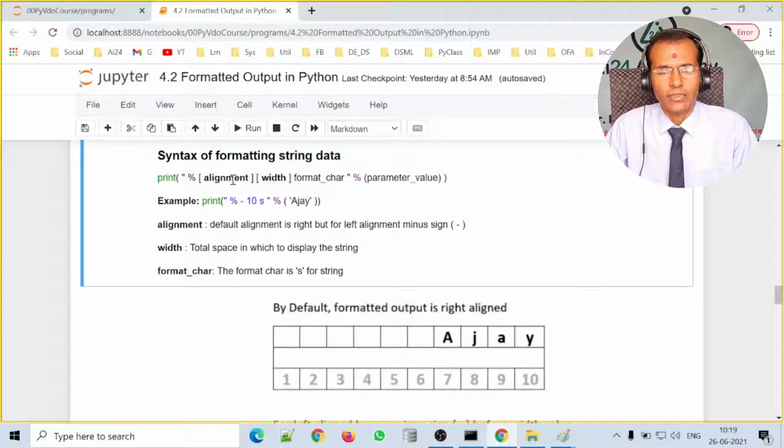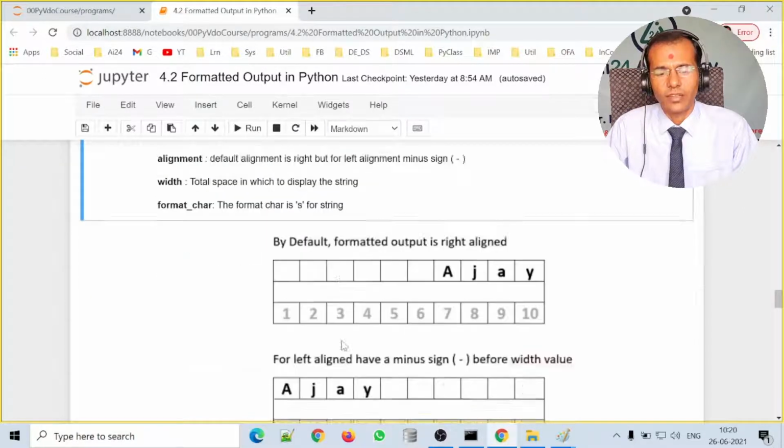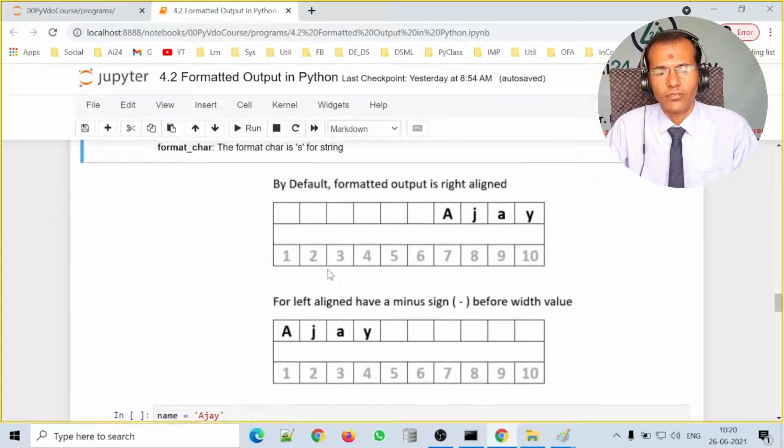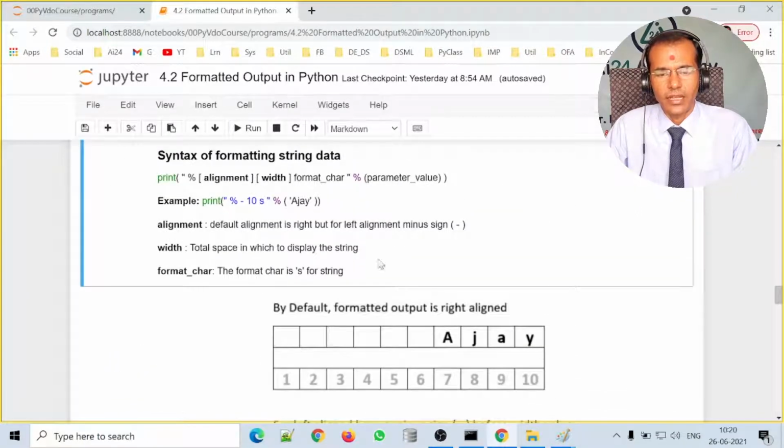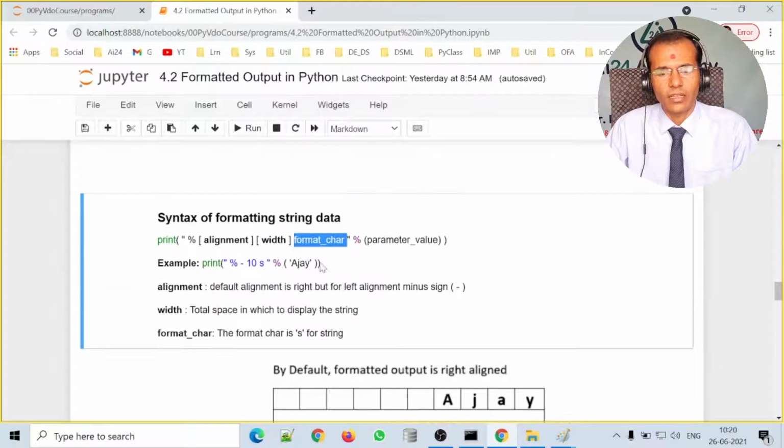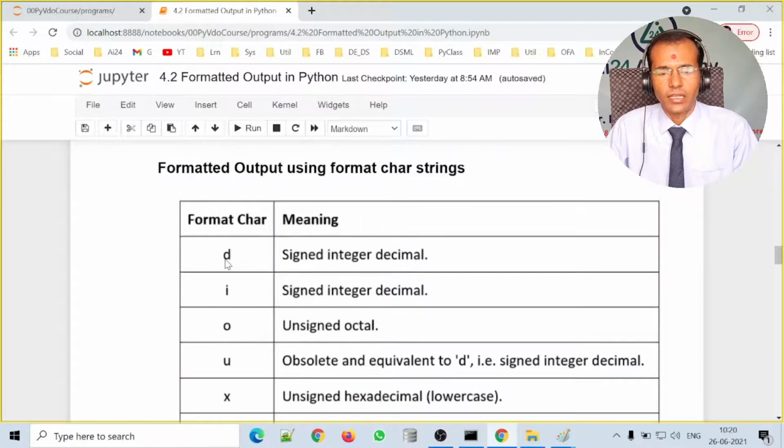Alignment is nothing but left align or right align. Width is the total character space, meaning here we have a 10 character space, so 10 is specified, and minus means left align like this. By default it is right align, and width is the total width. Format character means if you want to do string formatting, then the format character is S, and for integer it is D.